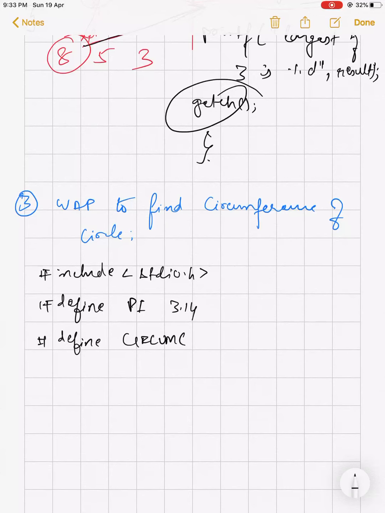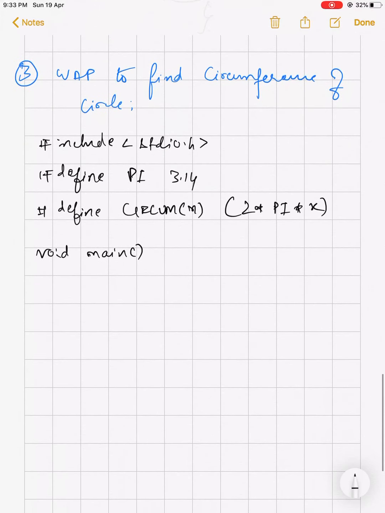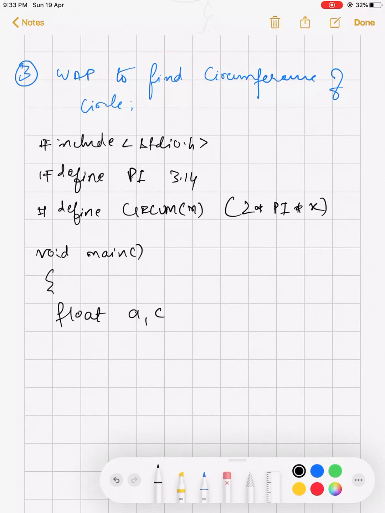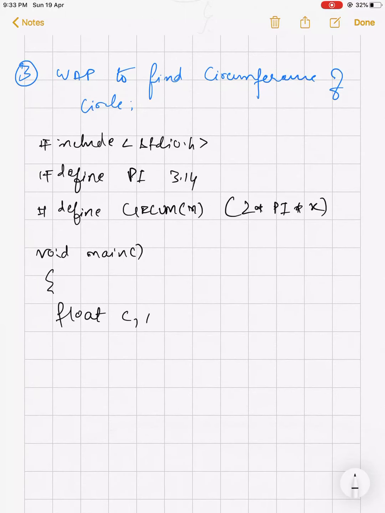circum with argument x. With argument x, 2 into pi into x. Then void main. After that I am including variables, say float circumference and radius.